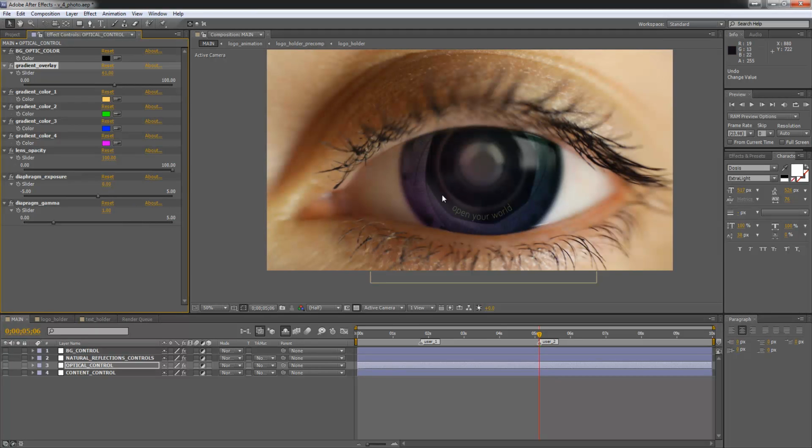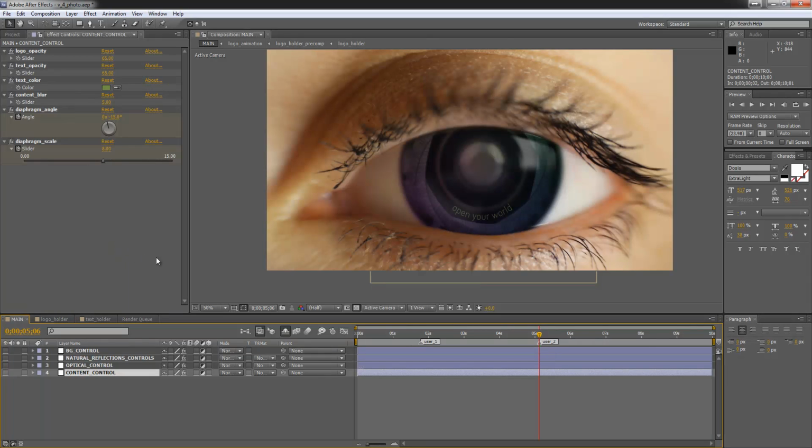zone 4. We have the lens opacity. You can increase or decrease this. By default it's 100, and you have diffraction exposure and diffraction gamma, so you can change it to whatever you like here. And in content control you have some pre-animated elements, but if you are an advanced user and want